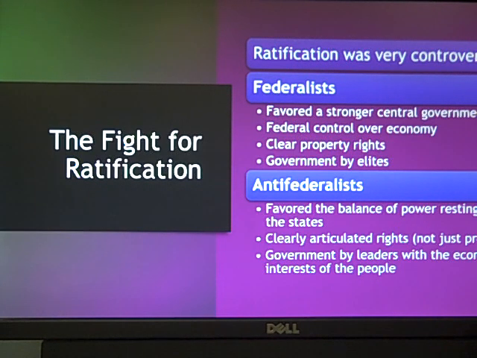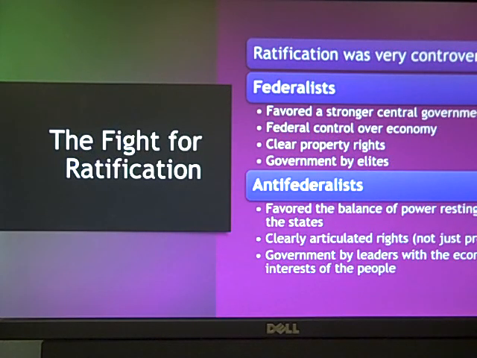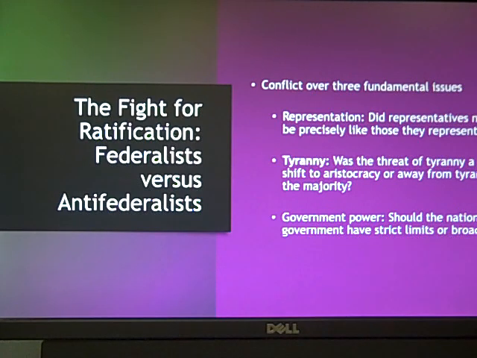Okay? They're just not as well organized. And part of the problem is the Anti-Federalists, they're the people that don't want the Constitution, and therefore being on the negative side of something is actually usually harder to deal with, right? The Anti-Federalists are terrified of tyranny. The reality is most of our founders are terrified of tyranny for a wide variety of reasons.